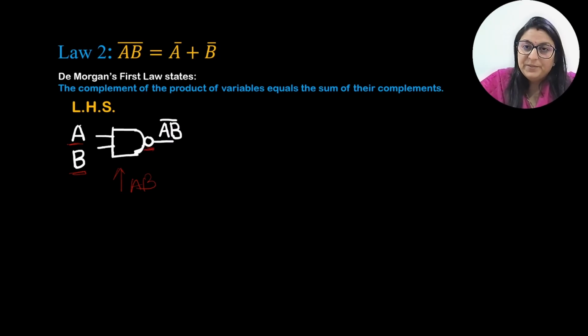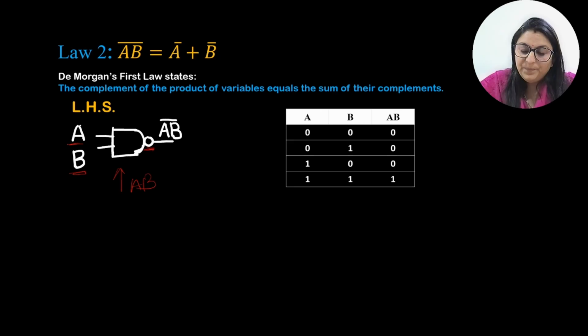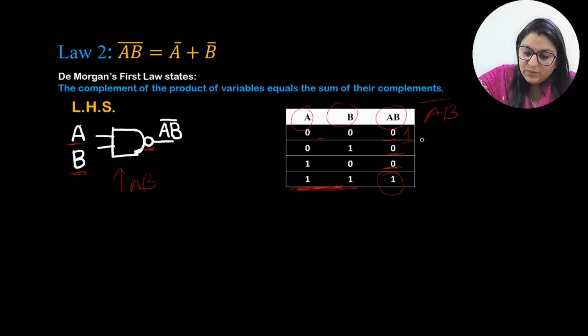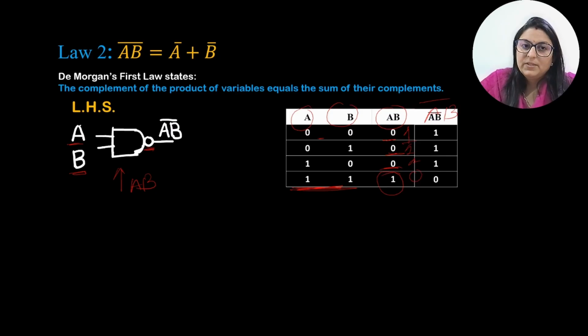So if we talk about the variables for the truth table, what is the third step? Truth table. So a, b, two input variables, a into b, and fourth one is a into b whole bar. It's very easy table. So 0 into 0, 0, 1 into 0, 0, 0 into 1, 0. But if we have one possibilities, that is 1 into 1, we get the result 1. So now complement. What is the complement of this one? So 0 will now 1, 1, 1 and 0. So we have done with the LHS.